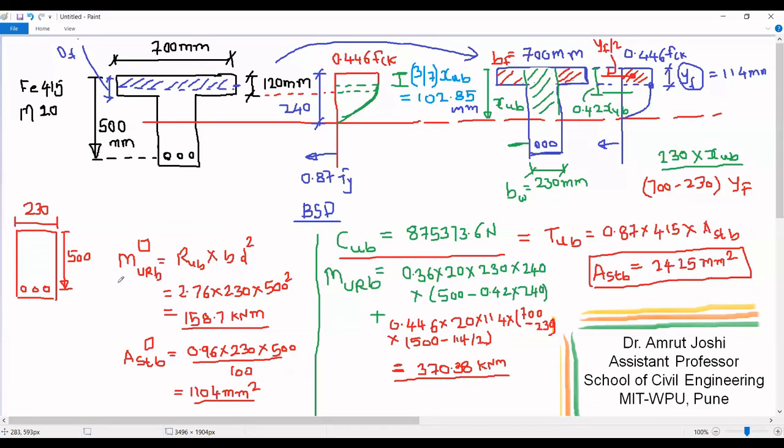If we compare area of tension steel that can be provided to make the section balanced for T section and rectangular section with same effective depth as T section, we found that the area of steel that makes T section balanced is multifold times than that of rectangular section of same effective depth. So with this, we will stop today.